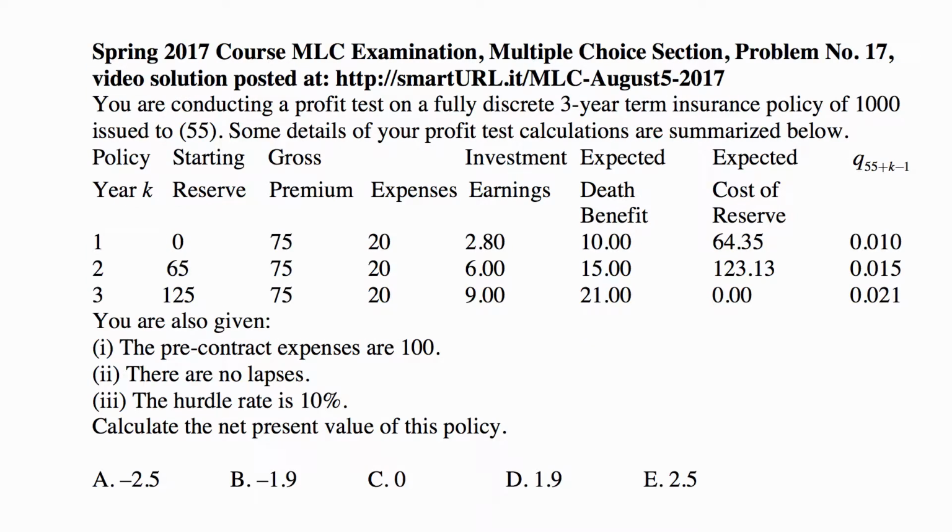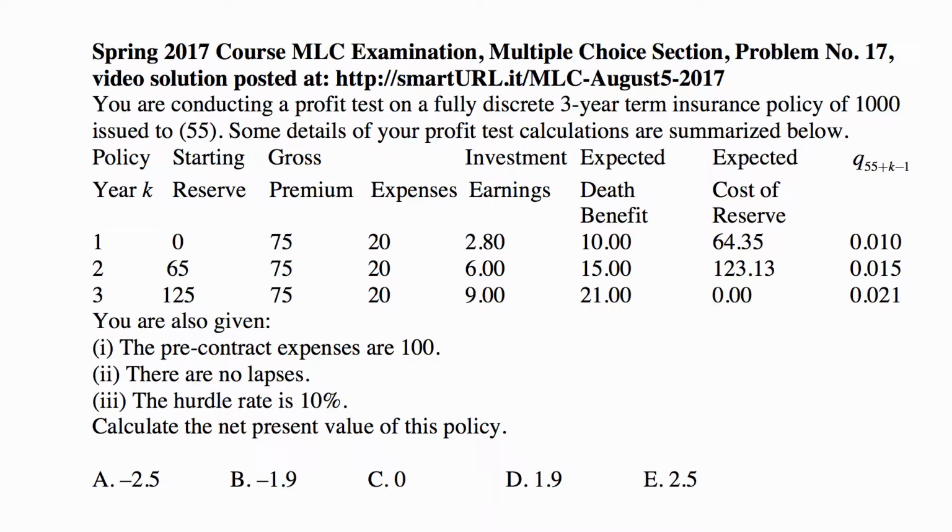So here's a problem from the last exam MLC, problem number 17, in the multiple choice section. You are conducting a profit test on a fully discrete 3-year term insurance policy of $1,000 issued to a 55-year-old. Some details of your profit test calculations are summarized below, and you have the policy year, starting reserve for each policy year, gross premium for each policy year,